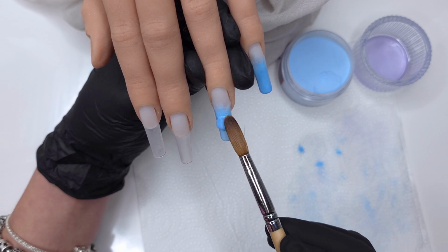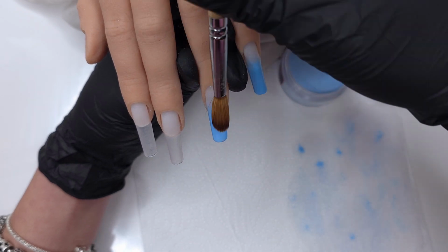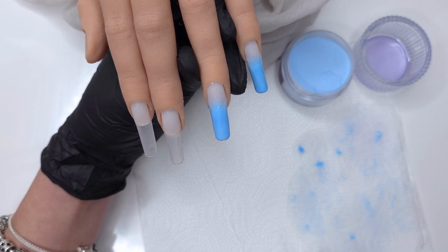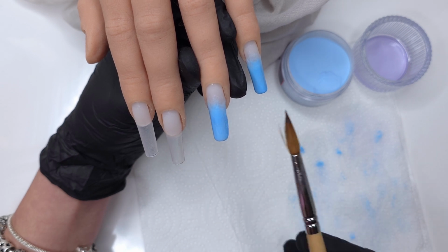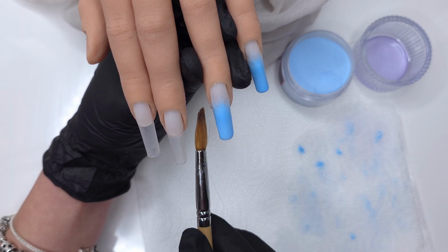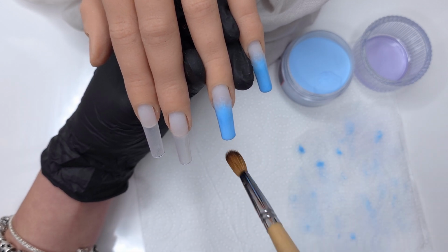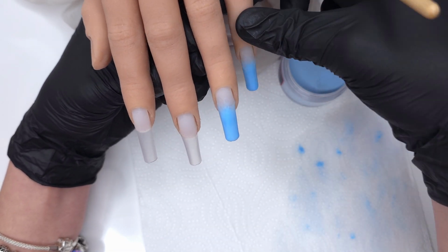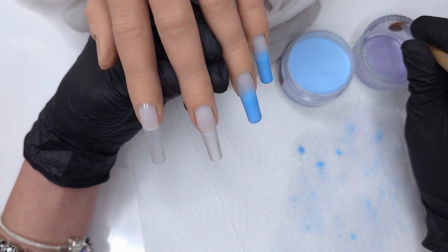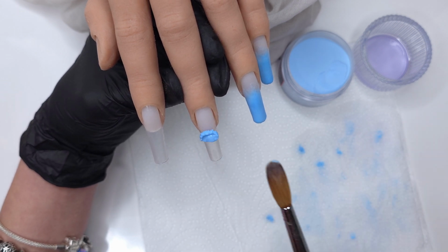So you will find that with different acrylic brands, the consistency is going to be different, so you're going to work differently with them, and it also depends on how you prefer working. When I started playing around with these, I did find it a little bit tricky at first, but as we got to the pointer finger where I'd got into the role of using the acrylic a little bit more, I did find them a little bit easier to work with. But I definitely found them easier to work with in that patting and pressing motion rather than a painting motion,